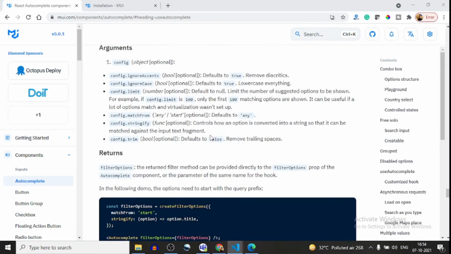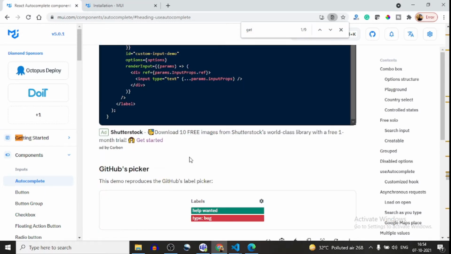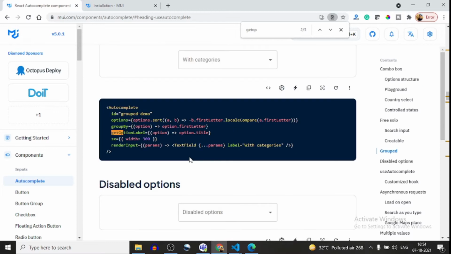Here you can see getOptionLabel. So what does that mean?